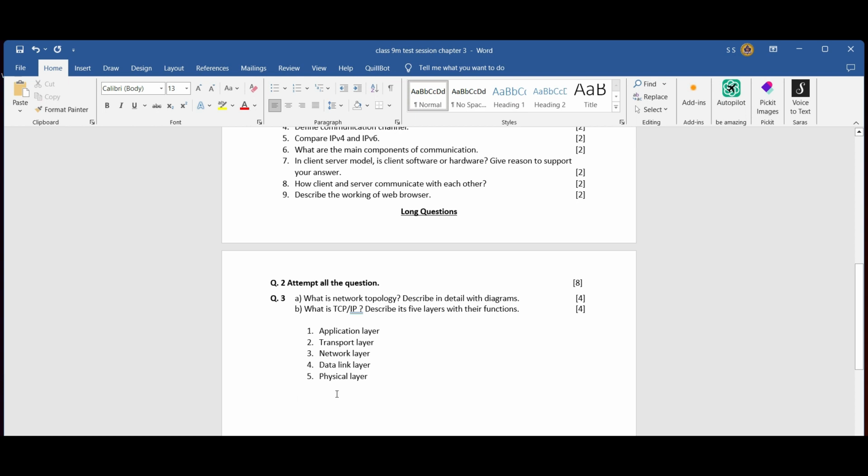Just a one liner function is required here. Don't waste your time writing a lot of functions and a lot of details about these layers. Just a one liner definition or the function of each layer. Don't forget to remember, first is application layer, then transport, then network, then data link layer, and then physical. Just remember